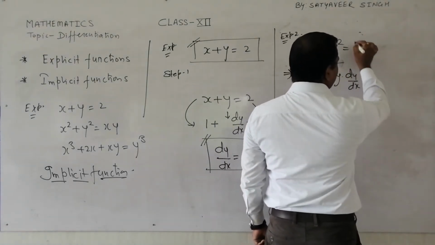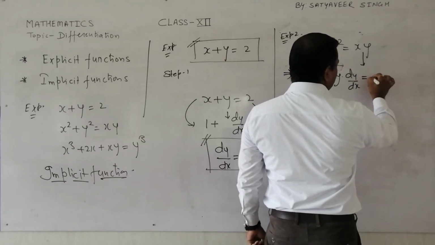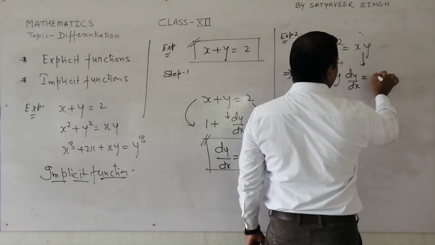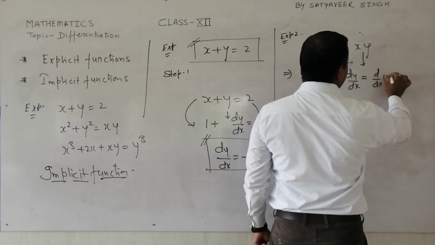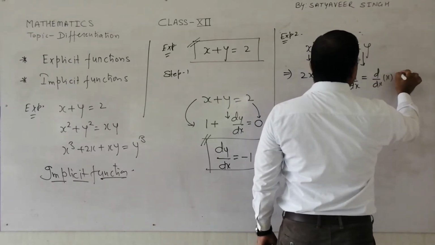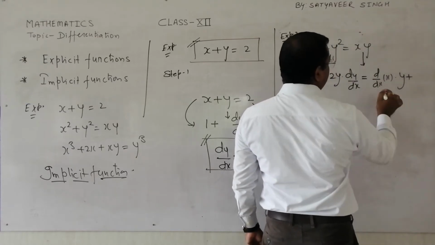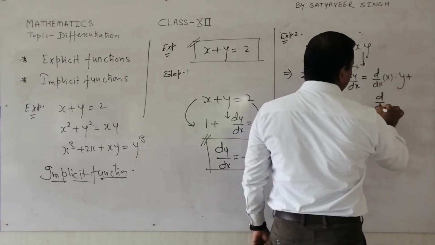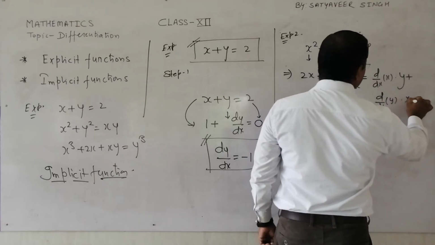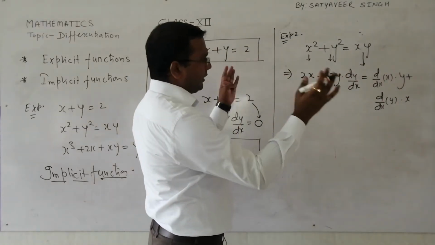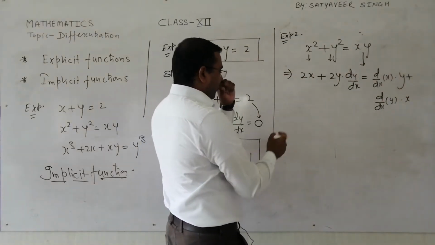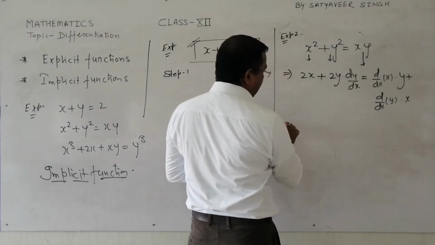Here it is the first function differentiation, it is x, means in detail if I write, it is like this. And the differentiation of the y you will write. So as per this, I have written something in more detail. If you are familiar with the product rule, you can do it directly also.